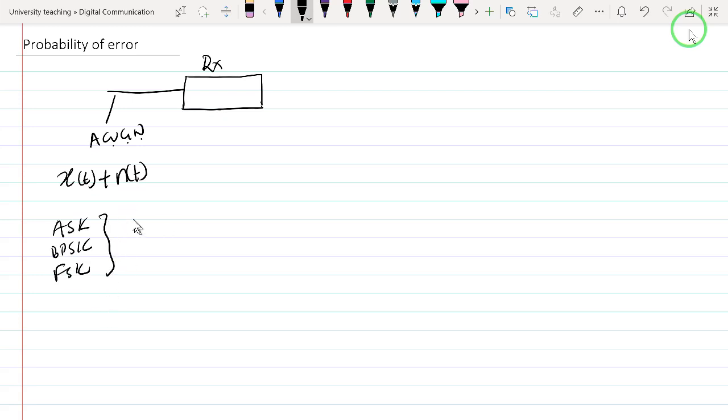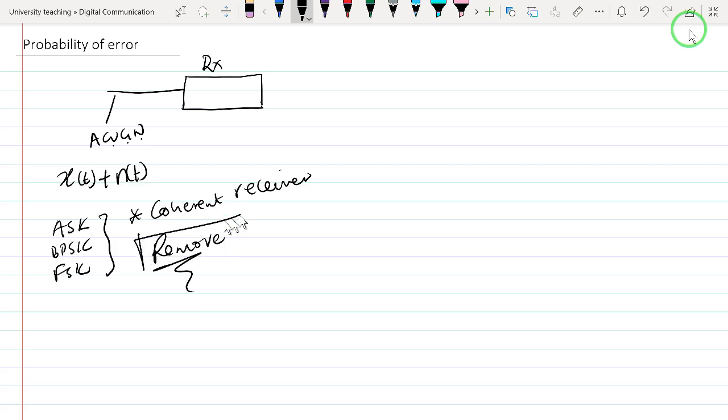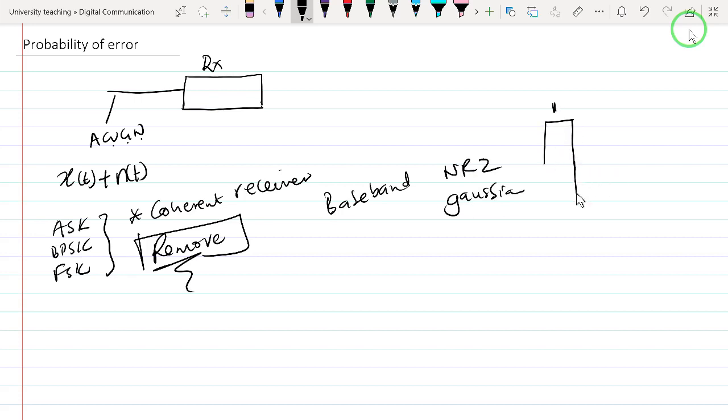And at the receiver, we are considering first and foremost a coherent receiver, and the coherent receiver will first remove the carrier signal, if you can use that word, so that we are left with the baseband pulses, which are often either NRZ or Gaussian, as we have seen in the past. So NRZ might be a positive going pulse representing a 1, or a negative going pulse representing a 0, or vice versa,